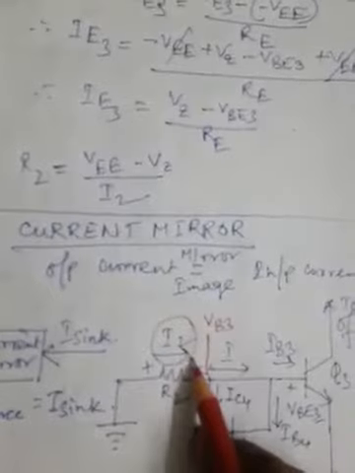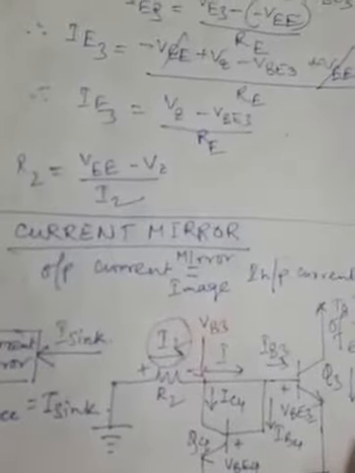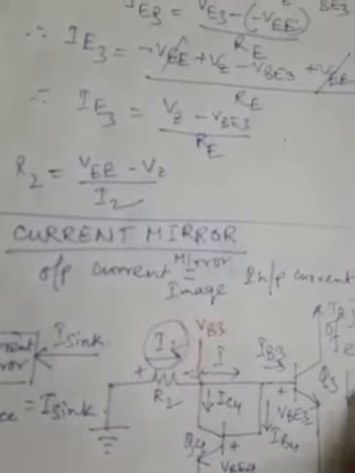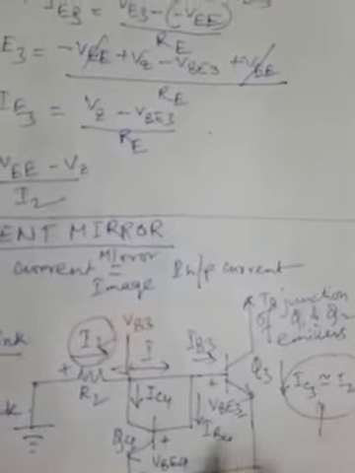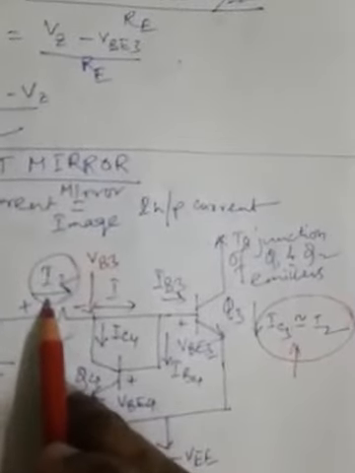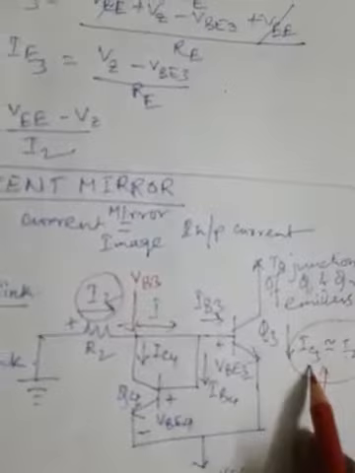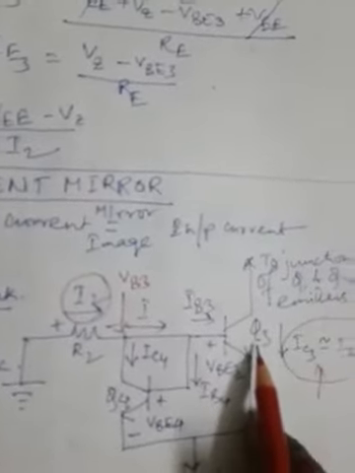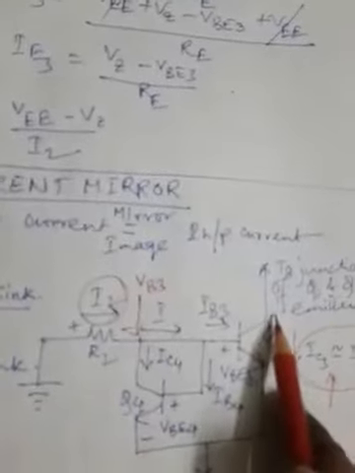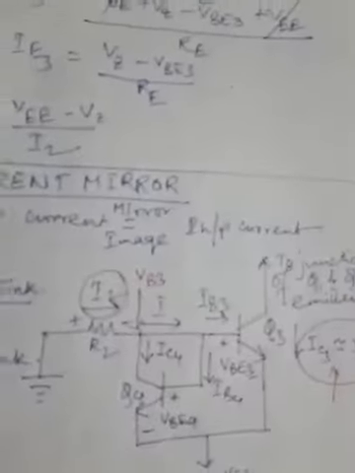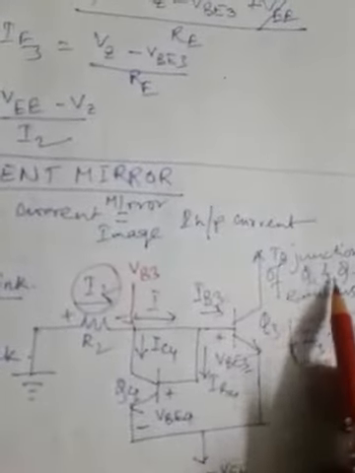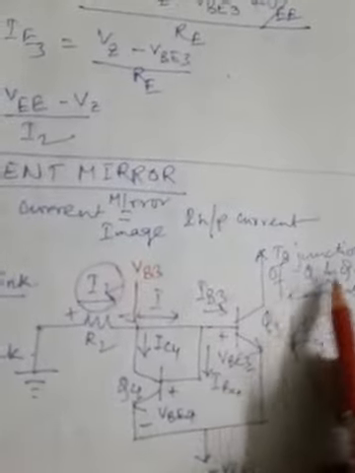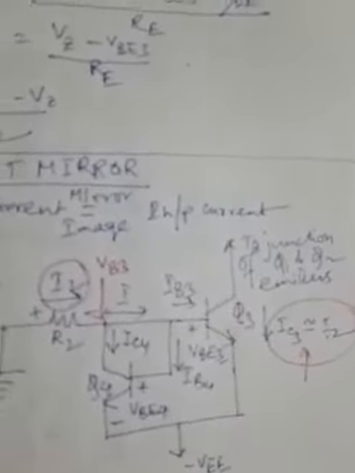Now once it is set up, the current IC3 is automatically established to be nearly equal to I2, so that this relation holds. So this is the important relation for this circuit to work. That means we need to set up this current I2, and as a result automatically this I2 should be equal to the collector current, or the output current, of this transistor Q3, and that Q3 current is forwarded to the main part of the differential amplifier through this direction to the emitters of Q1 and Q2, which are connected to each other.